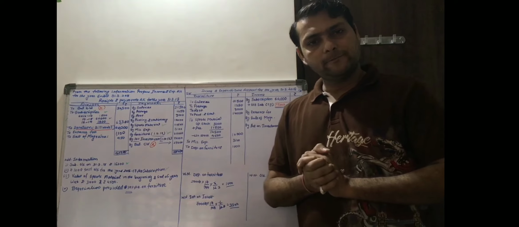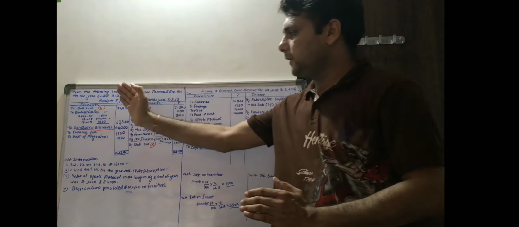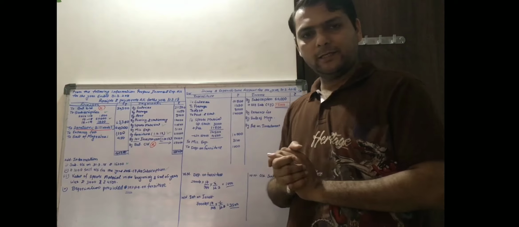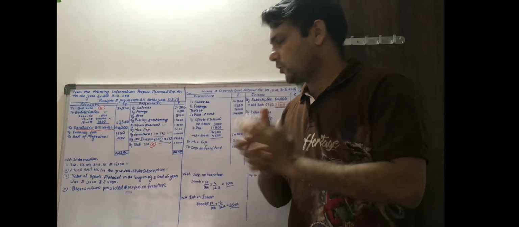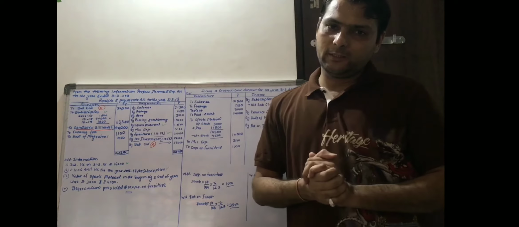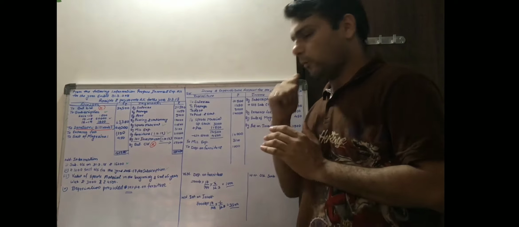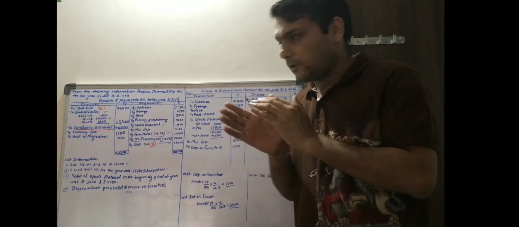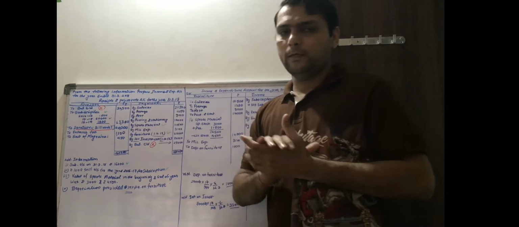We are discussing how to prepare an income and expenditure account from the information given in the question. As you know, normally in a not-for-profit organization, when we are preparing a question for an income and expenditure account, the receipt and payment account is already given in your question. So it is very important, after knowing how to prepare a receipt and payment account, that we now prepare the income and expenditure account based on the receipt and payment account.